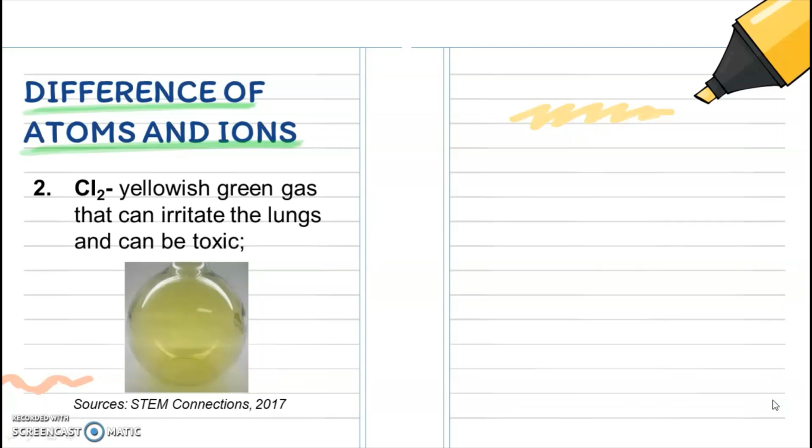Another is chlorine. So, chlorine in its elemental form occurs as a yellowish-green gas that can irritate the lungs and can be toxic. So, ganito yung kanyang itsura. However, kapag naging siyang ion,